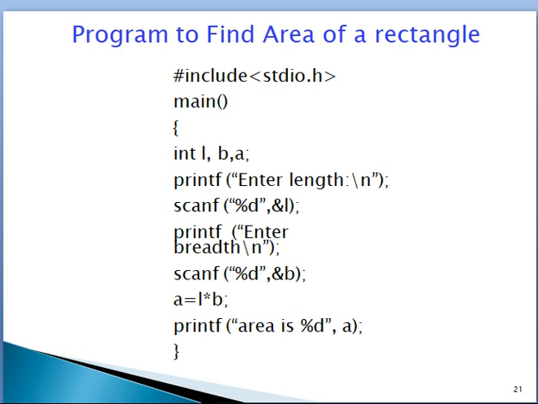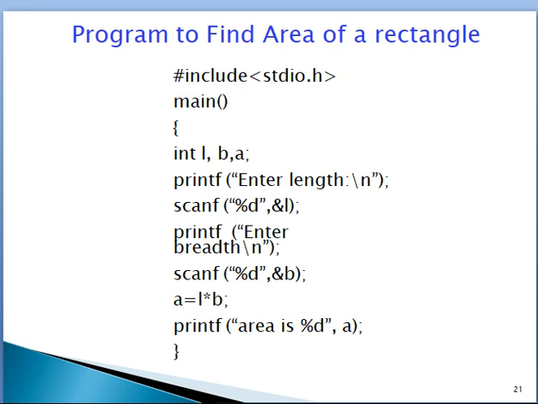We will see one more example to find out the area of a rectangle. #include <stdio.h>, main function, int l, b, a.